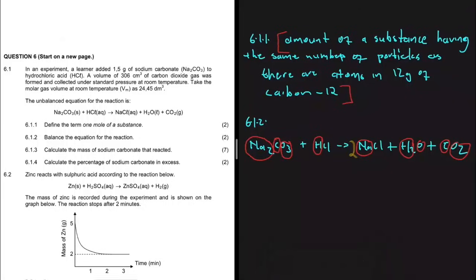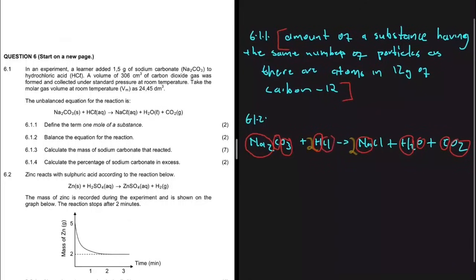If we put a coefficient of 2 on the left hand side, then we're going to have 2 hydrogens on the left hand side and 2 hydrogens on the right hand side. Now let's look at Cl. We have 2 atoms of Cl on the left hand side. On the right hand side, because of this coefficient 2 that we use to balance Na, we also have 2 Cl. So now our equation is balanced. We only had to add 2 here on HCl and 2 on NaCl. Let's do